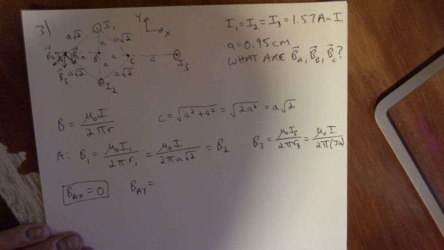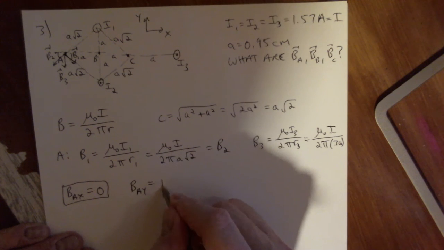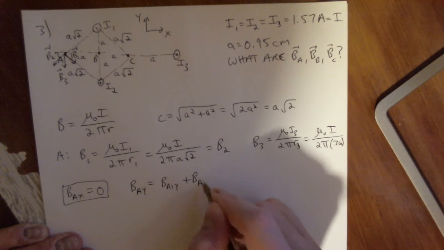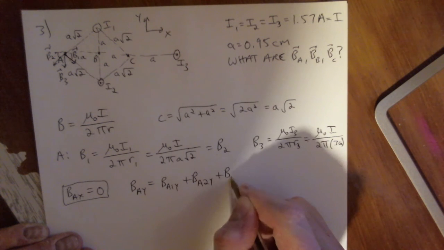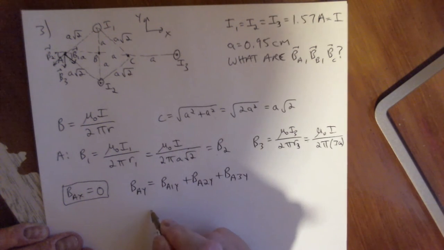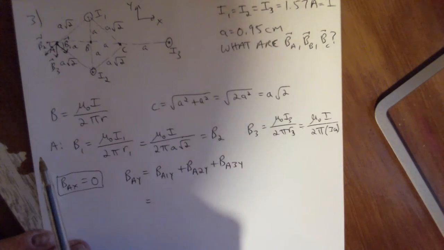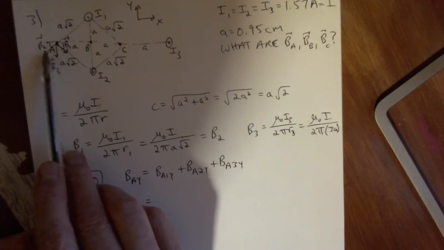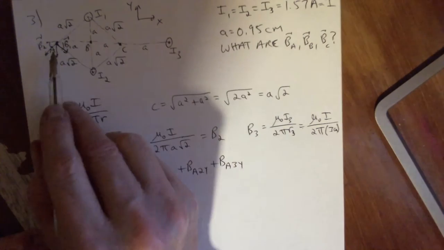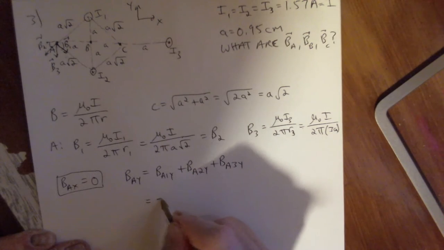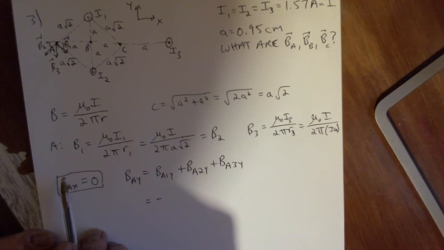And the y component, remember, to find components of vectors, it's plus or minus. So I'll write this out. B at A due to 1y plus B at A due to 2y plus B at A due to 3y. So B at A due to 1 in the y direction is going to be minus because it's pointing down. It's going to be the magnitude, which is B1,